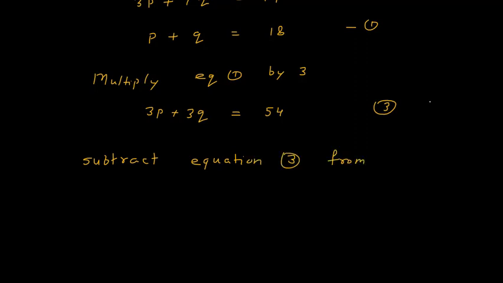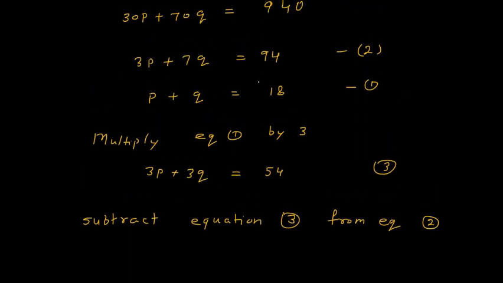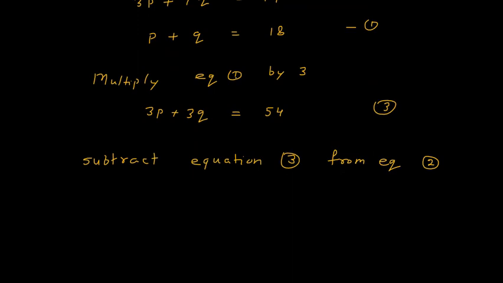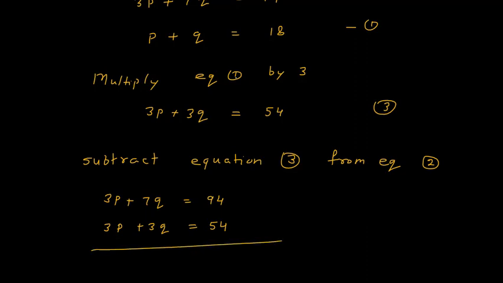Okay. Equation 2 is 3p plus 7q equal to 94. And equation 3, here we have 3p plus 3q equals 54. We subtract, so the p terms cancel, 7q minus 3q is 4q, and here it is 40. 4q is equal to 40, therefore the value of q is